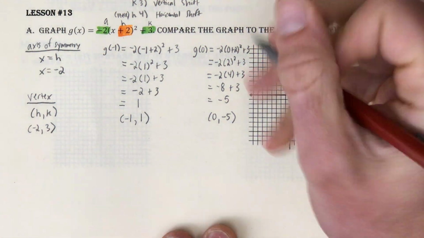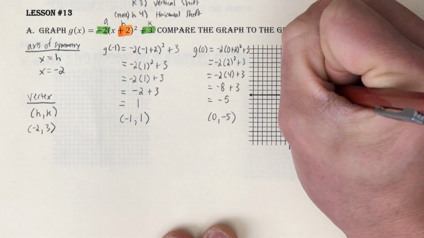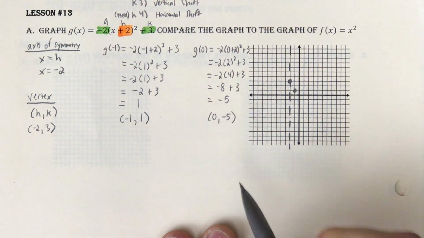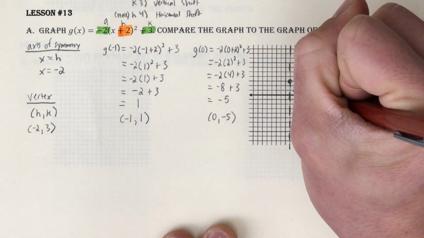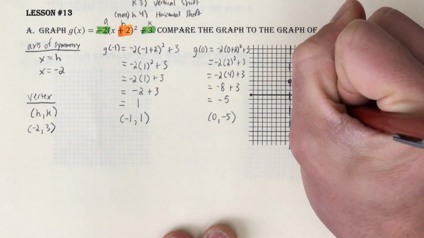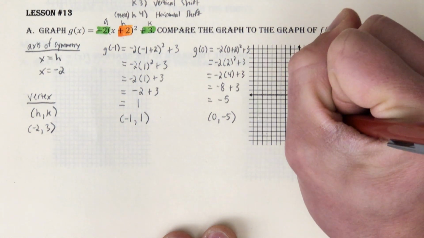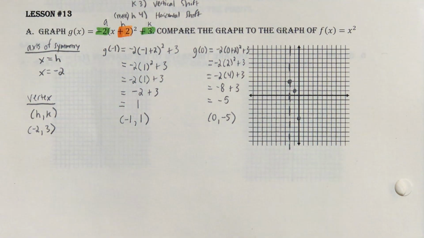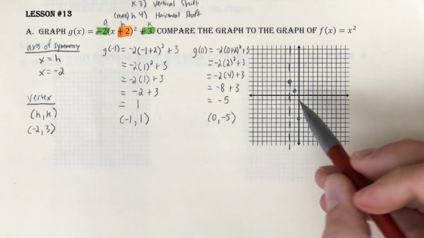Then negative 1, 1 says go left 1 and up 1. And then 0, negative 5 says don't move left or right, but move down 1, 2, 3, 4, 5. And there is that point. Now remember, that's only half your parabola, so step 4 is we need to mirror these 2 points to the